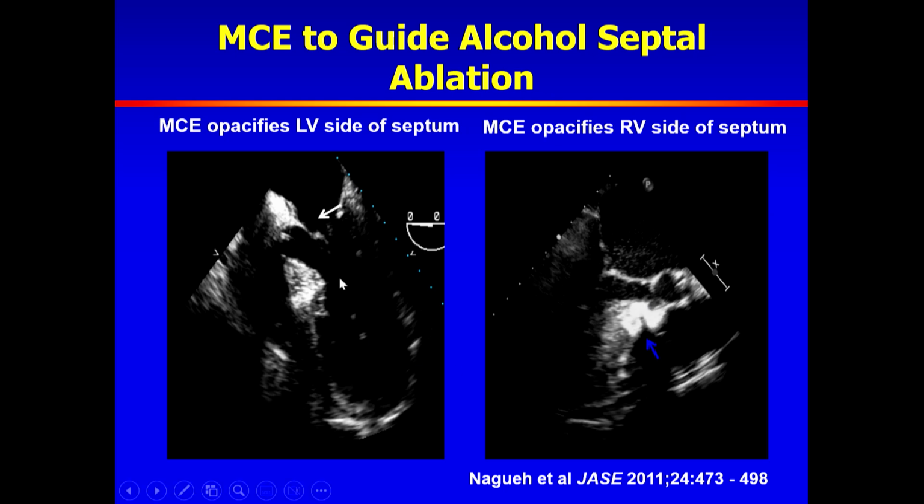I want to show you here, this is by transesophageal echo. This is a case where we see the opacification happening on the LV side of the septum, and that's a good location. In comparison, this is another patient where the opacification is happening on the RV side, but the LV endocardium is not that much opacified. That's not an ideal vessel to inject ethanol in, because if you do, you will produce infarction on the RV side, but you will leave the LV endocardium and myocardium